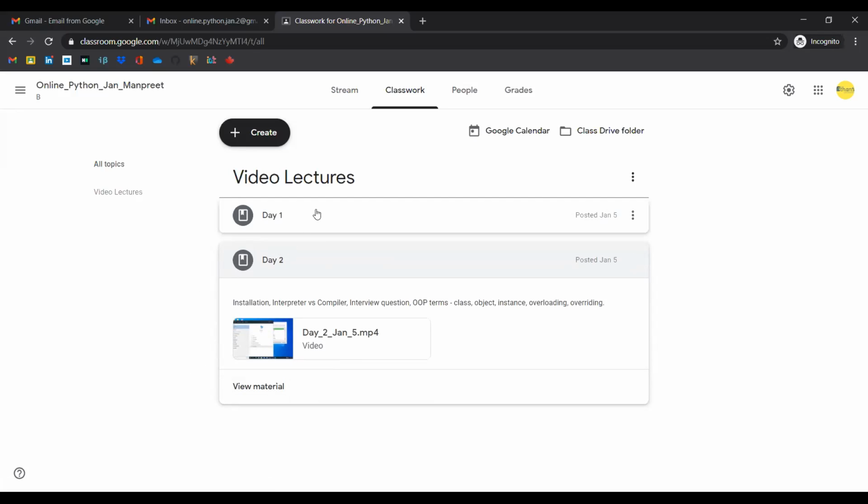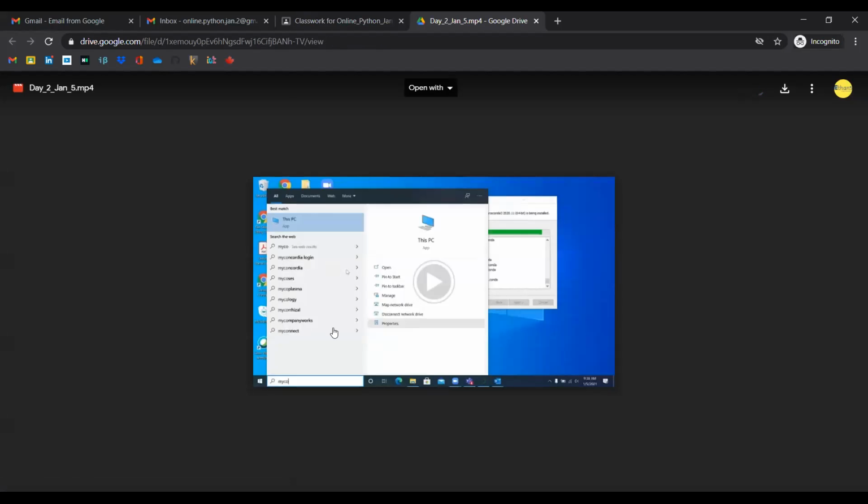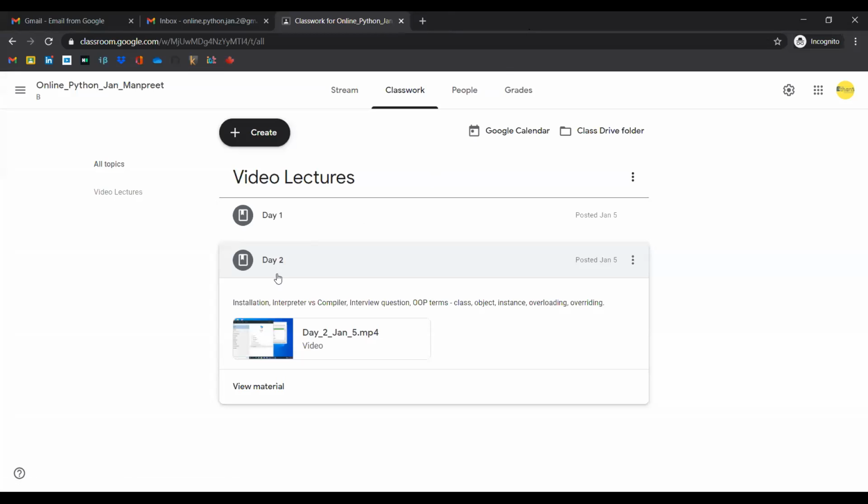All the videos will be coming here. You will be able to play it and buffer it. Just click on this video, and this will give you the option to play it. I will suggest viewing this video in full screen mode. You will get an option here. Other things you can explore on your own. Just make sure you are able to